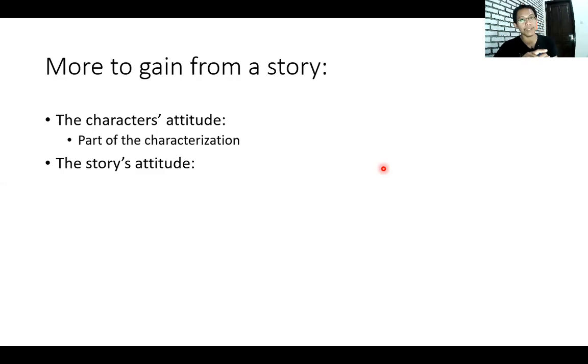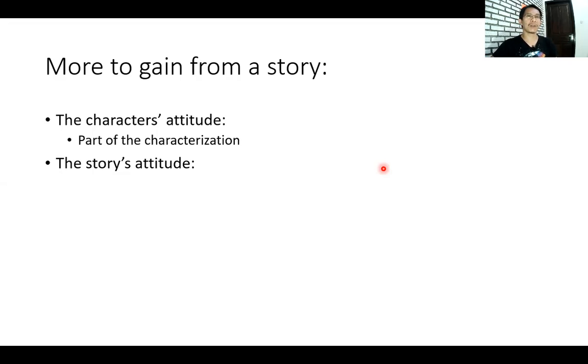Now, the second thing is the story's attitude, okay? The attitude of the story is different from the attitude of the character. The attitude of the story is closer to tone, because I mentioned to you that tone is the way with which the writer approaches the story or the way the story presents the characters. Now, what do you think is the attitude of the story? If you have read Ivan or The Cemetery Path, you know that the attitude of the story is quite cynical